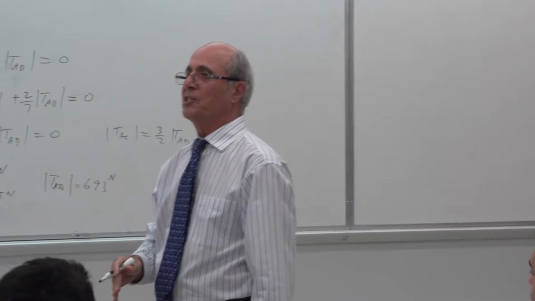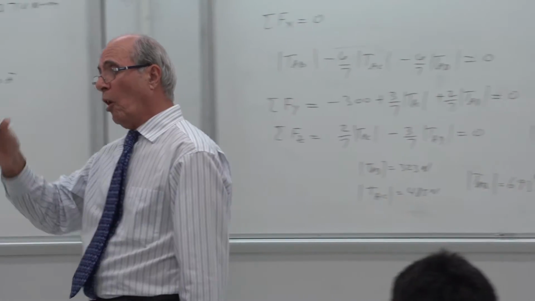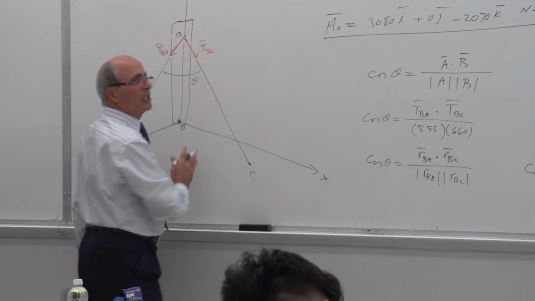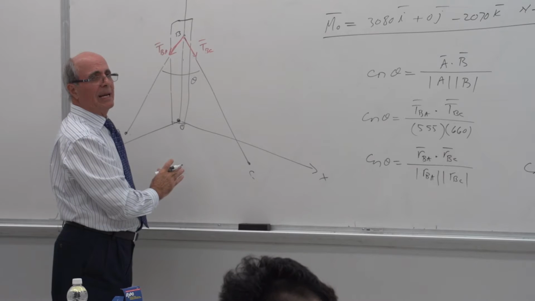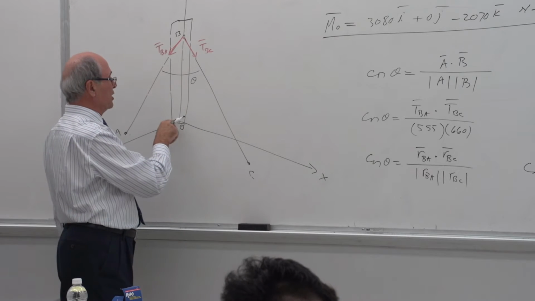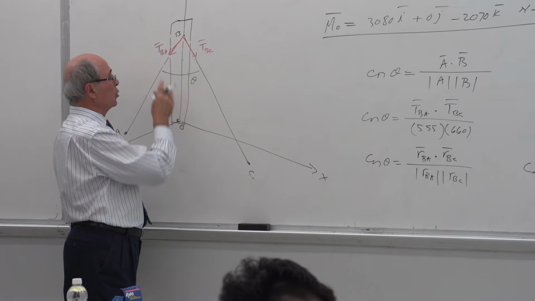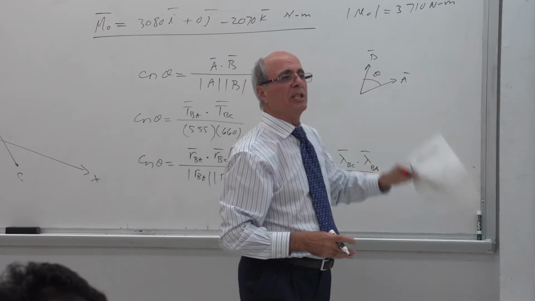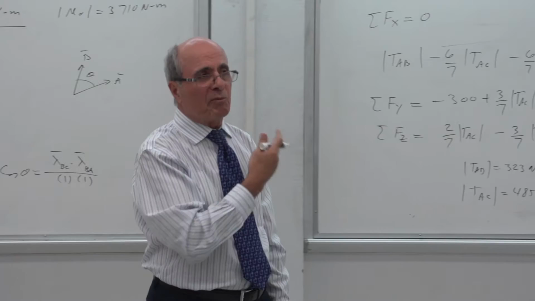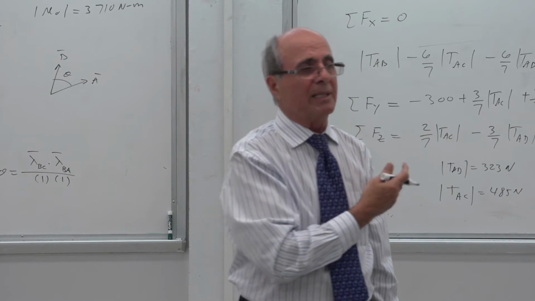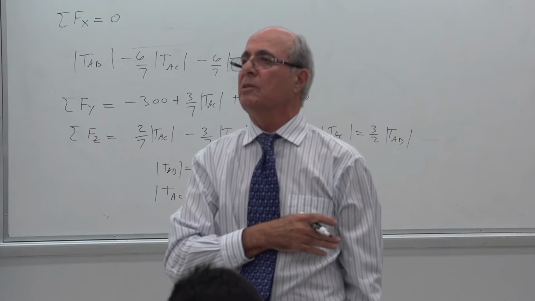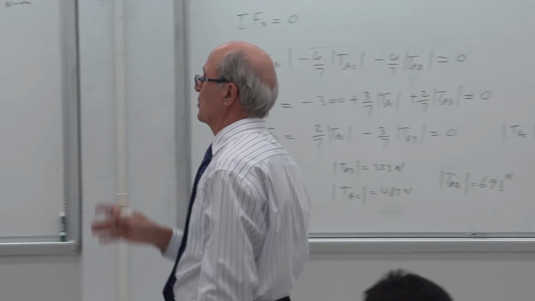This is not the question. If I ask you, find the shortest distance, because the resultant is somewhere in here, yes or no? Remember, this is what we did last time. If somebody asks you to find the shortest distance from point O to that resultant, I can use this moment. Is that correct? And that moment equal to FD. But what was that moment? How did we calculate that? That was the moment of both forces about point O, yes or no? But my question wasn't that, so please be careful.